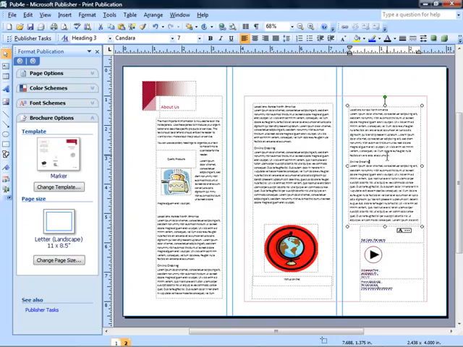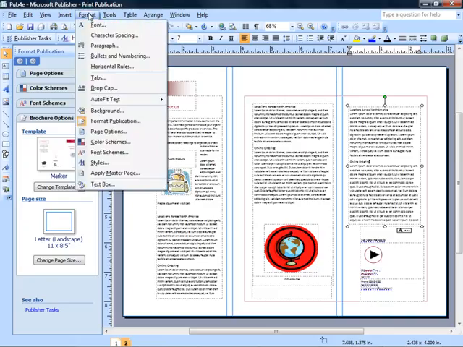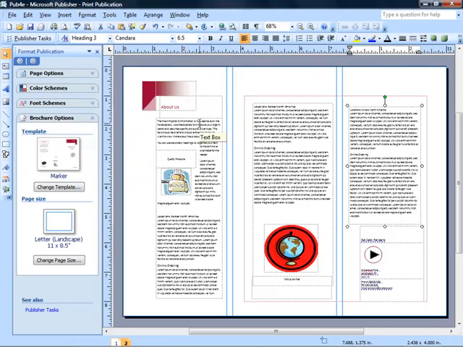But really, all you need to do is just click anywhere inside this text box, go up to the Format menu, come down to AutoFit Text, and this time we'll choose Shrink Text on Overflow. Now when we do that, and just take a peek up here, our font size is set to 7. When we shrink text on overflow, right away you can see the font size has changed to 6.5. The text overflow icon has disappeared, so all of my text is visible now inside this text box, and